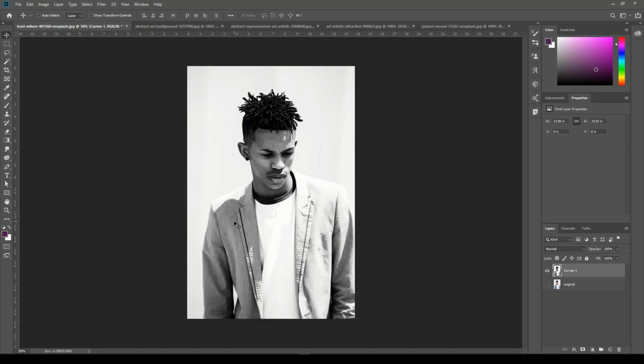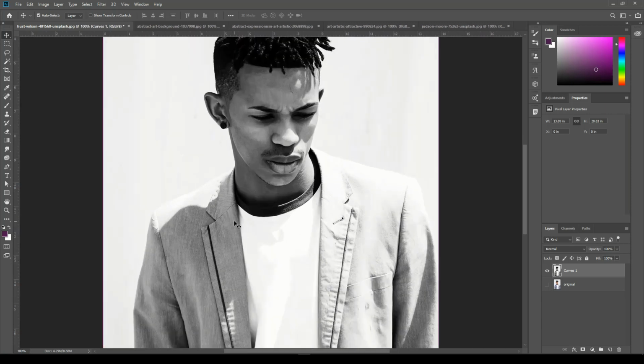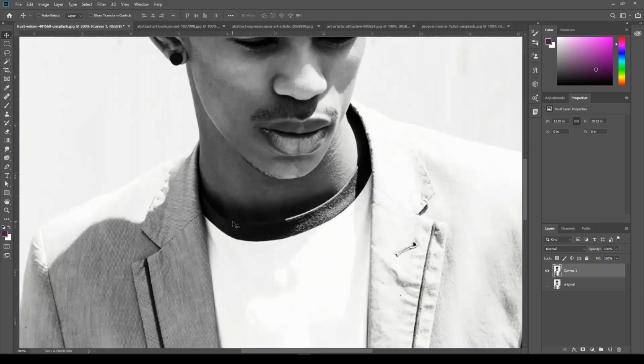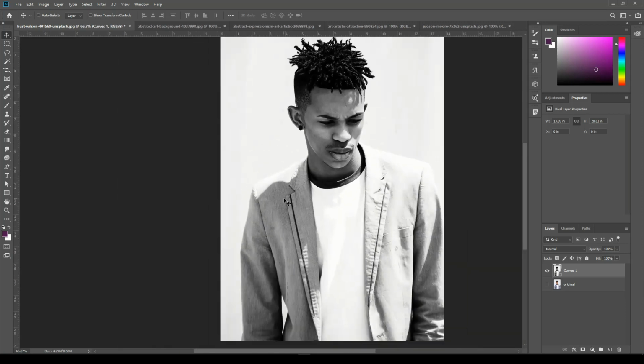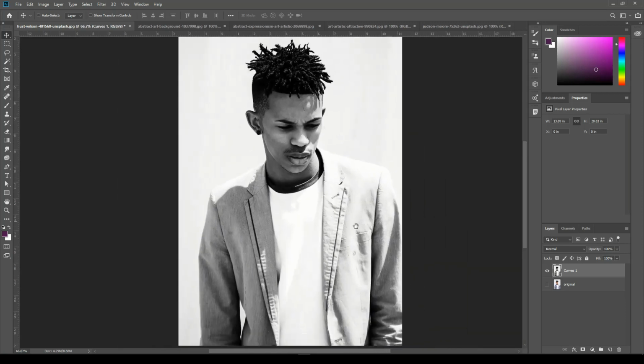This jacket hasn't got a great deal of texture. If we zoom in slightly, we can see there's slight lines, as if it's a denim kind of material fabric. It won't make much of an impact on our image at the moment, but if you had something like, I don't know, a wool jumper, for example, something like a knitted jumper, it would certainly have an impact on the bumps